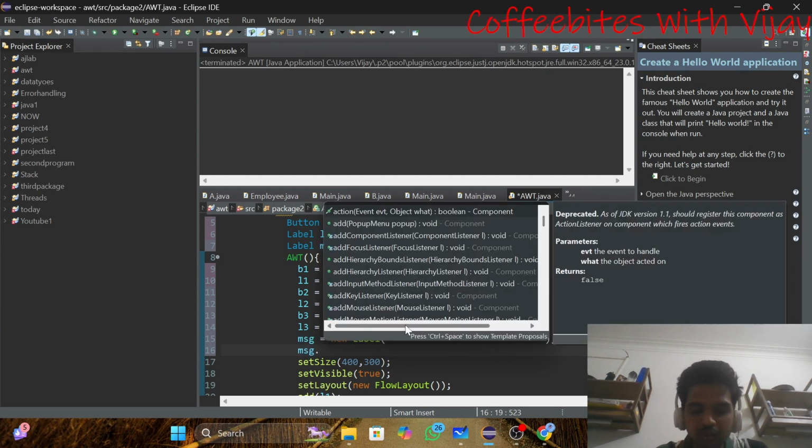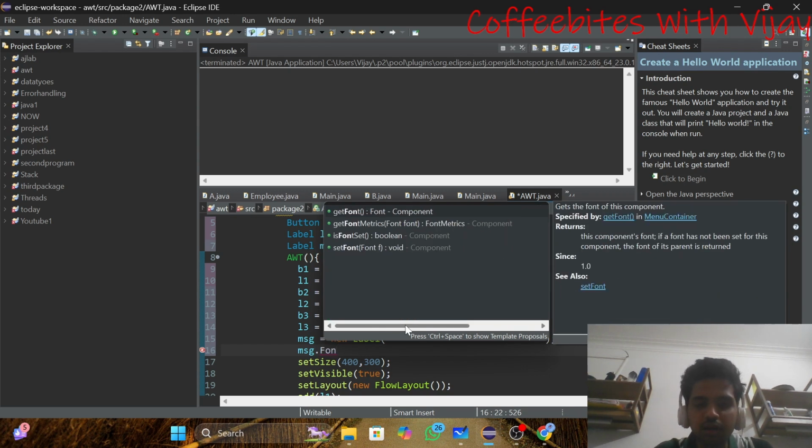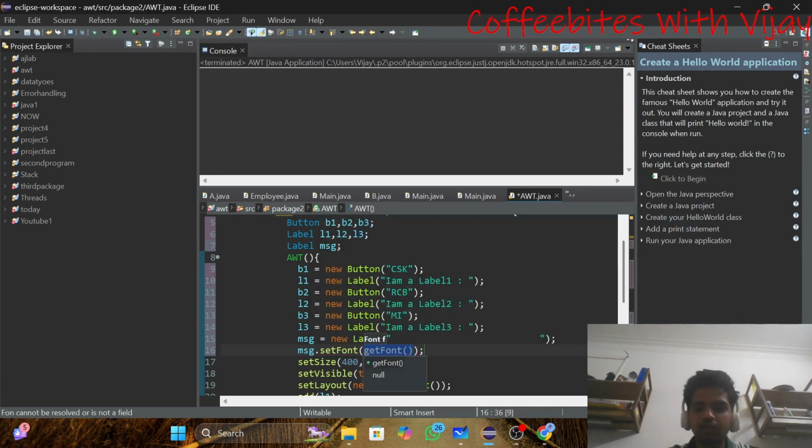Message dot set font. I'll use this set font, and inside this set font, I'll first give the font name. I'll take Arial as the font name, and let the font be bold.